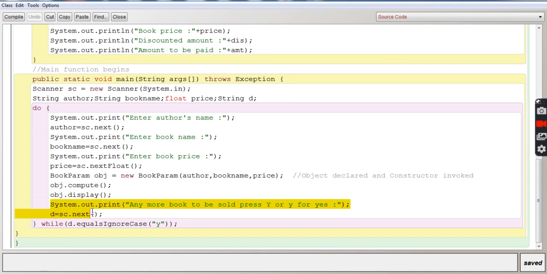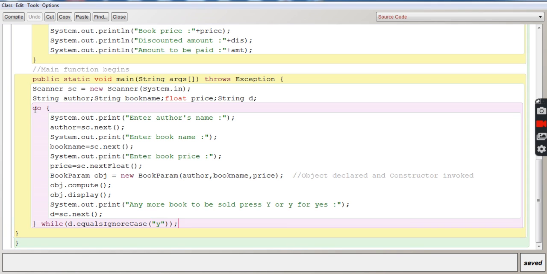you can see over here it is asking you to enter yes, Y, uppercase Y or lowercase y, for more books, if there are more books to be sold and the discount price has to be calculated. So if you say Y, uppercase or lowercase, we check D.equalsIgnoreCase("Y"). So let us say we give Y in uppercase and it's ignoring the case, but it is checking Y is equal to y. Here the Y is in lowercase and we have entered uppercase. So Y is equal to y, true, because the function says ignore the case, only check for the equality.